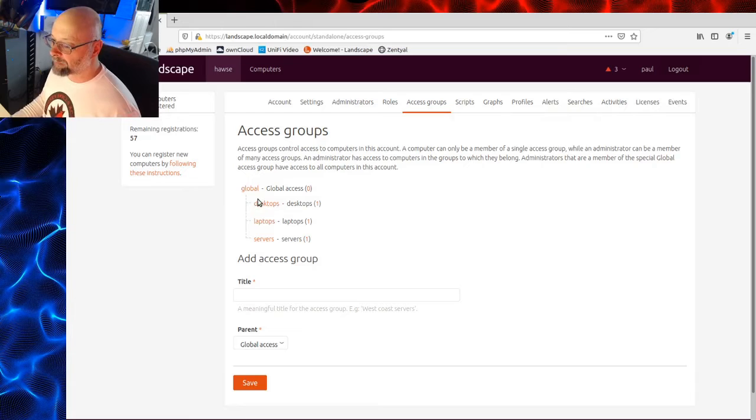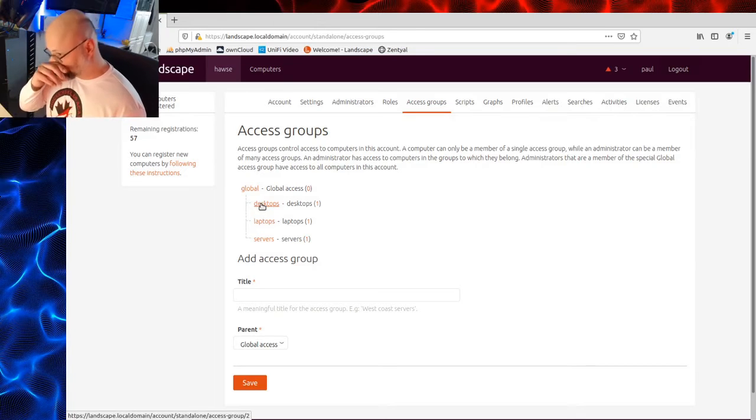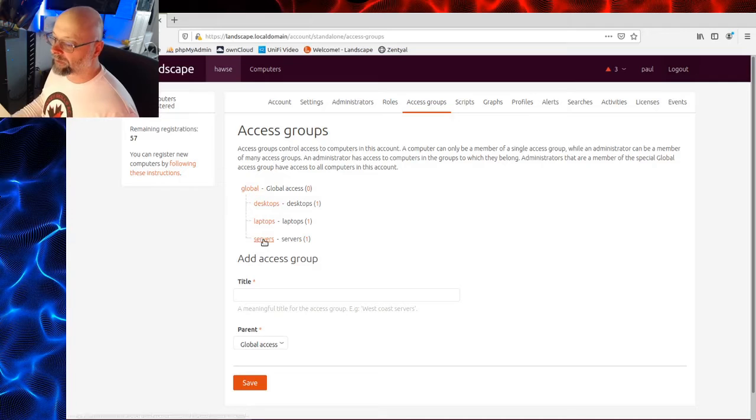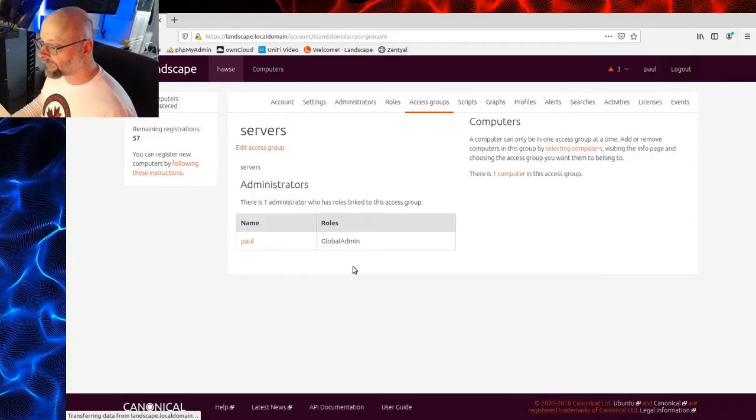Then I've separated out into 3 subgroups, because on my desktops group, I'm not necessarily going to run the same stuff that I want to run on my laptops group, which I'm definitely not going to run the same stuff that's going to run on my server groups. So on my servers group, I'll drill down into there. Now we've got the administrators set up here, but you could change how rules and things flow down to here. So that will be under